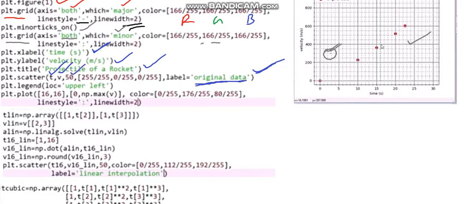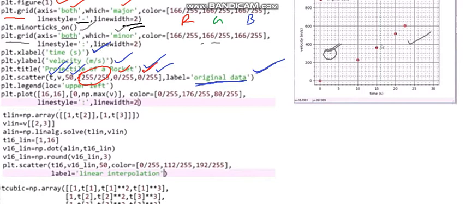The size of this scatter plot, the default dots will come, and that dot size is 50, and this is for color. As you can see, this is 255 only here, the other values are 0, so it will be a red dot. Okay,